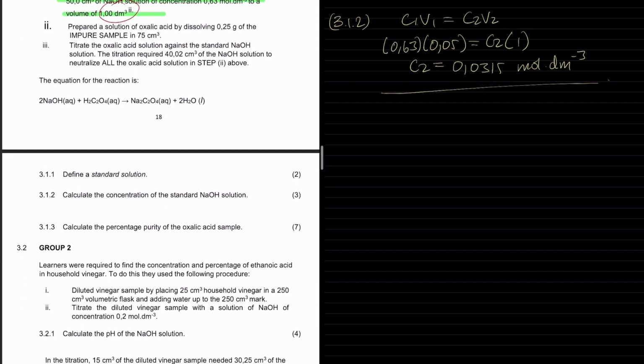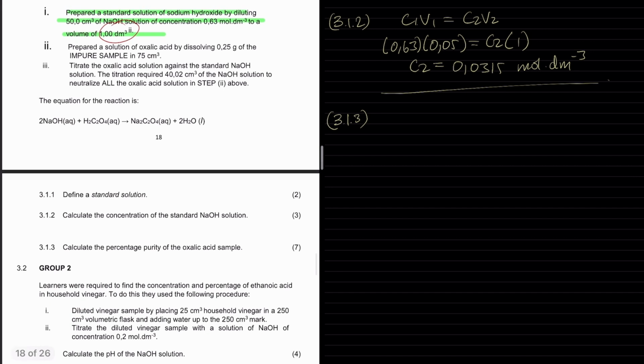3.1.3 is for 7 marks. Calculate the percentage purity of the oxalic acid sample. Now, we need to understand what happened. So they prepared a solution of oxalic acid, they dissolved 0.25, and they did a titration. Did it reach? Yeah, it neutralized all, so we can use the formula CAVA over CBVB is equal to